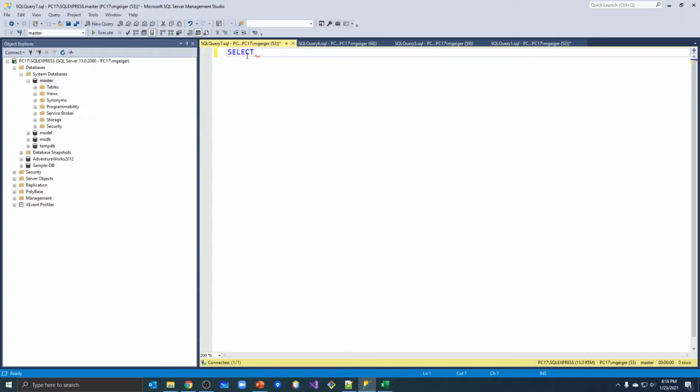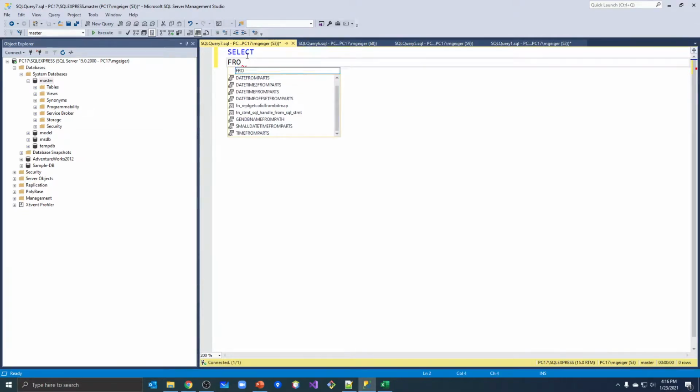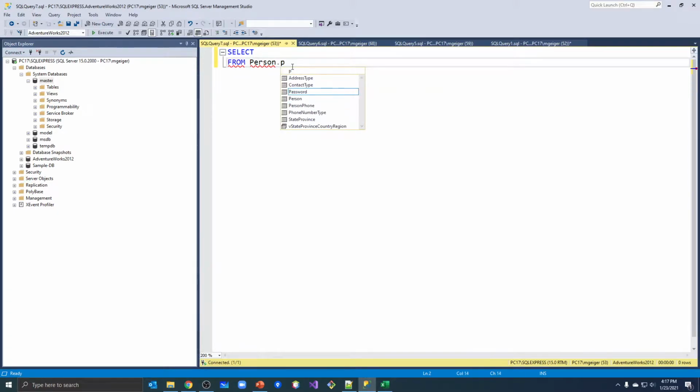So we're going to select, and I'm going to go down here because I'm going to get information from the person.person table. I'm going to go up here and hit my AdventureWorks because I'm not getting my nice little typing help that I like. The person.person table. We're going to join that